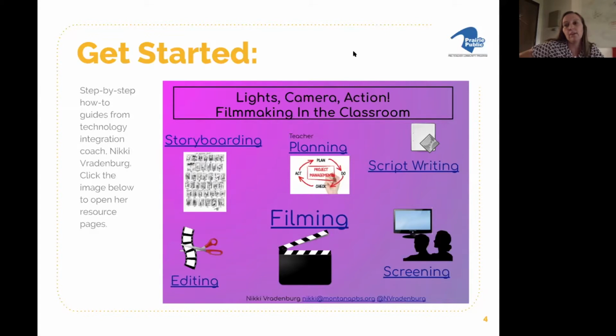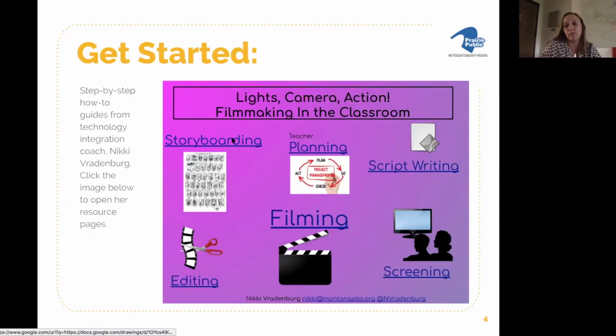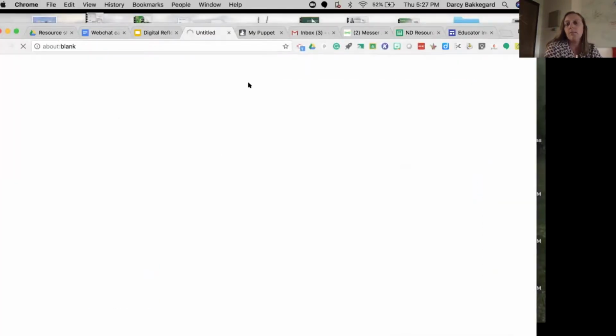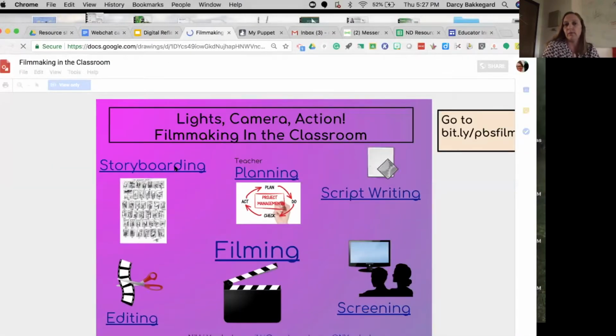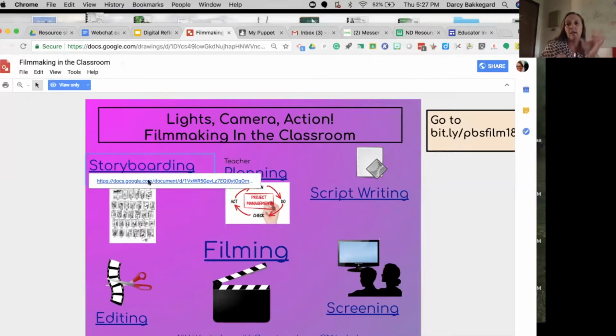What I learned is that it's not linear. You don't do one thing and then another and then another. You might start at any one of these steps and then go out to the others. Some people might start with storyboarding, which is drawing a picture for each scene of a story. But a lot of our documentary makers don't use a storyboard first, because the story happens after they start filming. They go out and shoot film, bring that together and start editing, and that's when they start seeing the story come out, and then they make a storyboard.